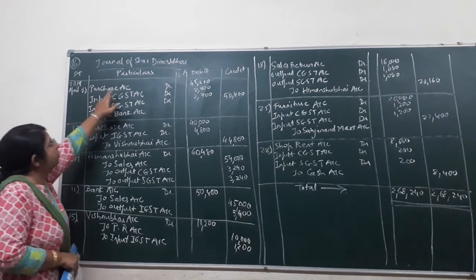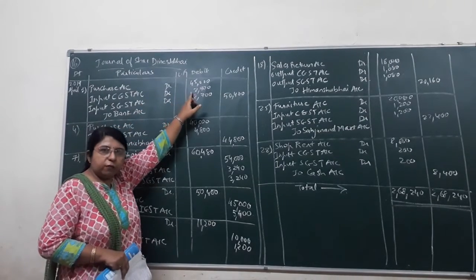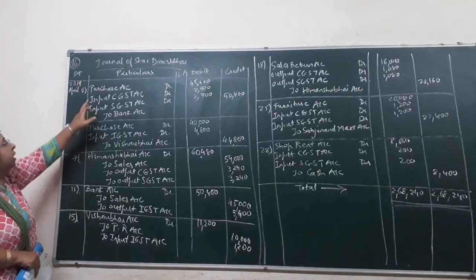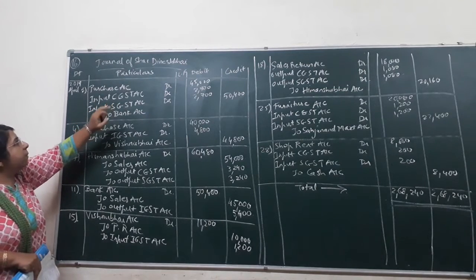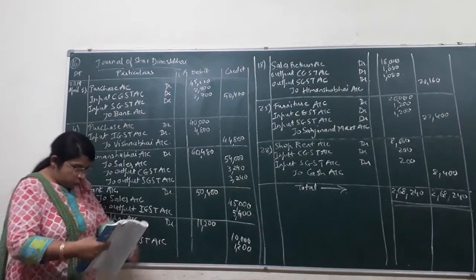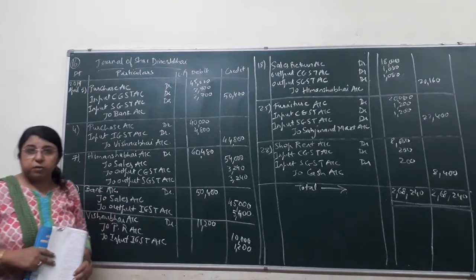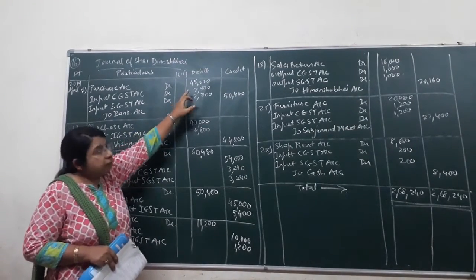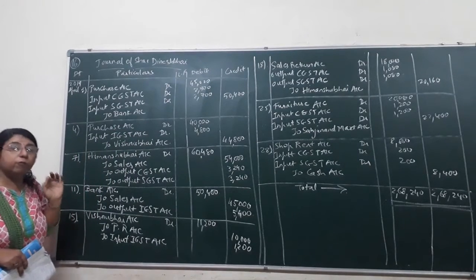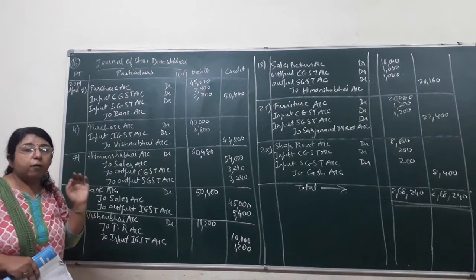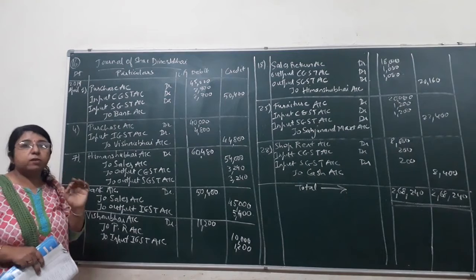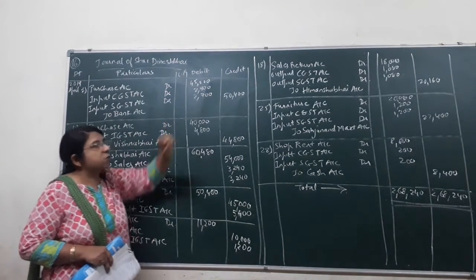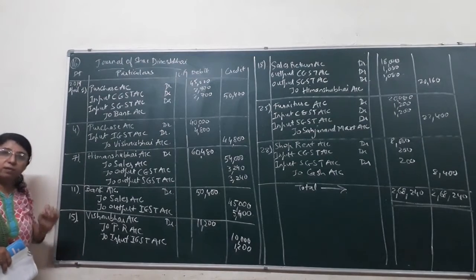Now purchase account: we have purchased goods worth rupees 45,000 after subtracting the trade discount, that is 5,000. Now how much rate of GST will be applied? That is already given to you. For goods that is 6% for CGST and SGST. So on 45,000 you don't have to count the rate on 50,000. You have to count the rate on the remaining amount after subtracting trade discount. That is, on 45,000 we will count 6%, it would come to 2,700.